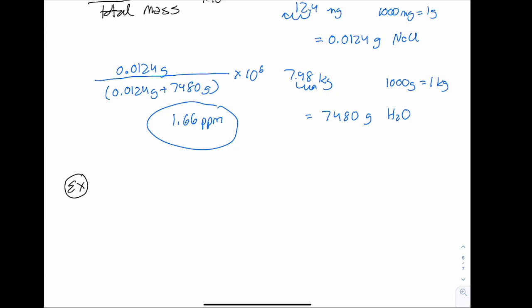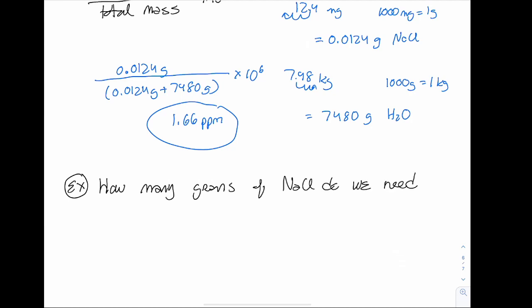So an example for us, say how many grams of sodium chloride do we need to prepare 1.50 liters